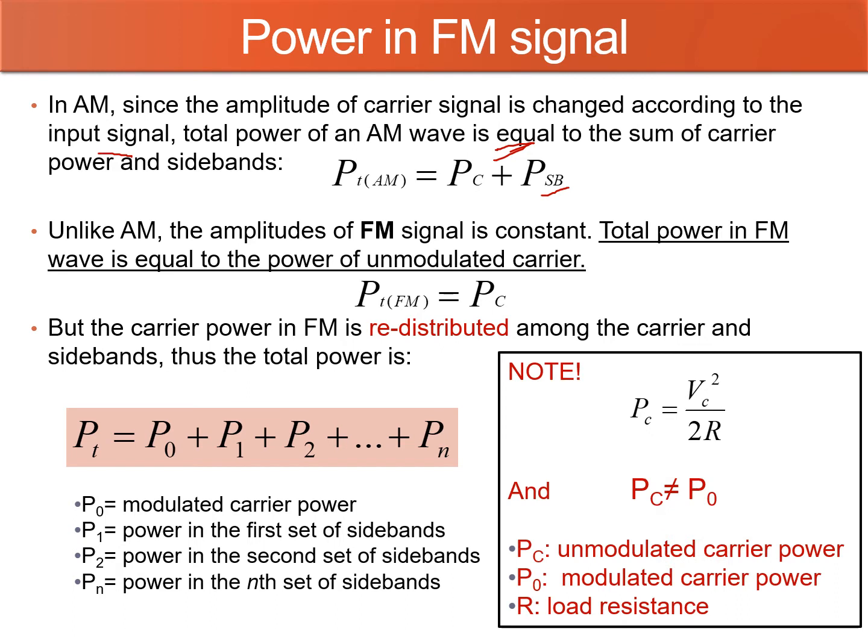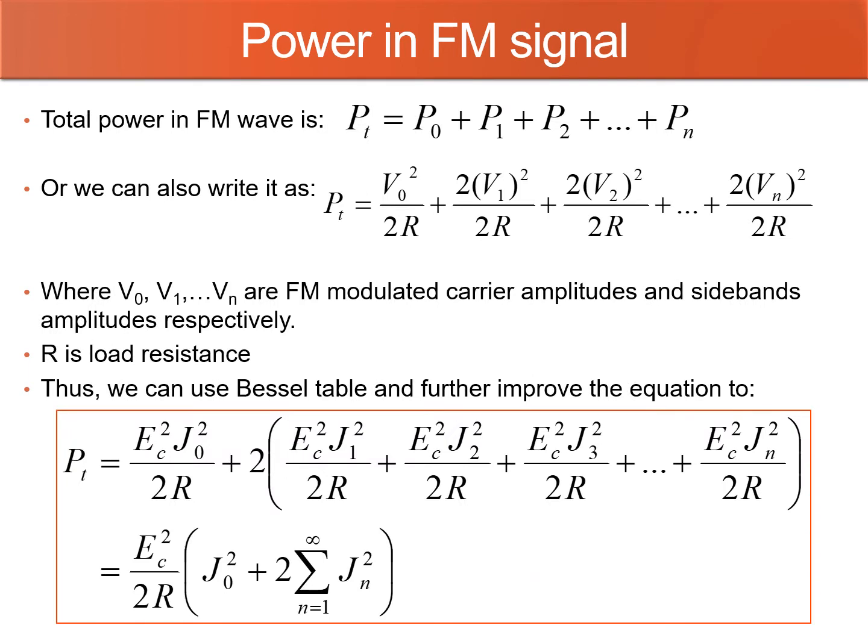So note that Pc is equal to Vc squared over 2R, the same as in AM. Bear in mind, Pc is not equal to P naught, because Pc is the unmodulated carrier power, but P naught is the modulated carrier power, which is after the modulation block diagram, and R is the load resistance. So here is the total power in FM, which is Pt equals P naught plus P1 plus P2 until Pn. Or we can also write this as a full equation, Pt equals to,